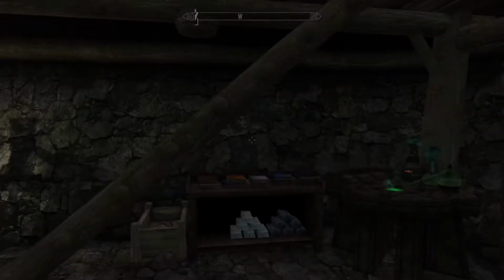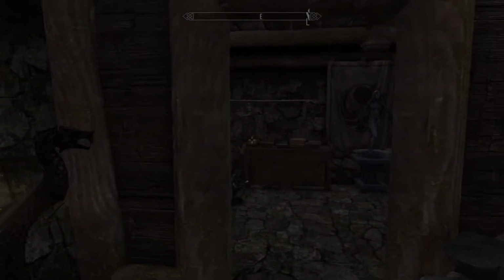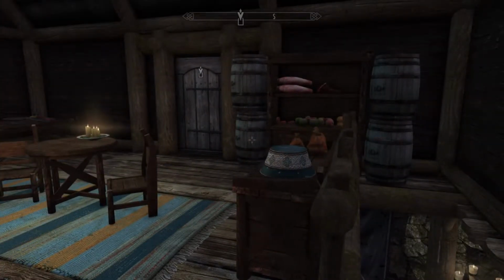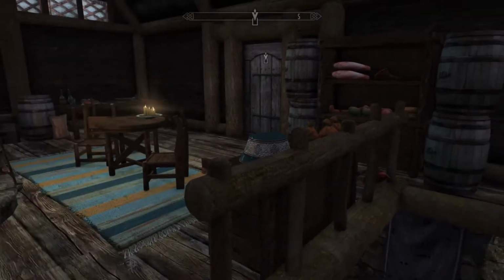But apart from that, nothing wrong with this house at all. Quite like it. It's nice and simple. It does what it needs to do. It's nicely decorated. It's nicely laid out. And yeah, you get a nice good bunch of starting stuff in this one. So yeah, that is Sunsweet Cottage by